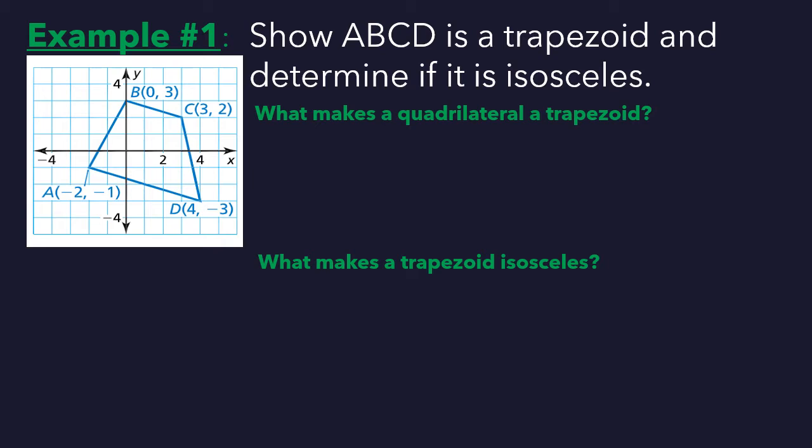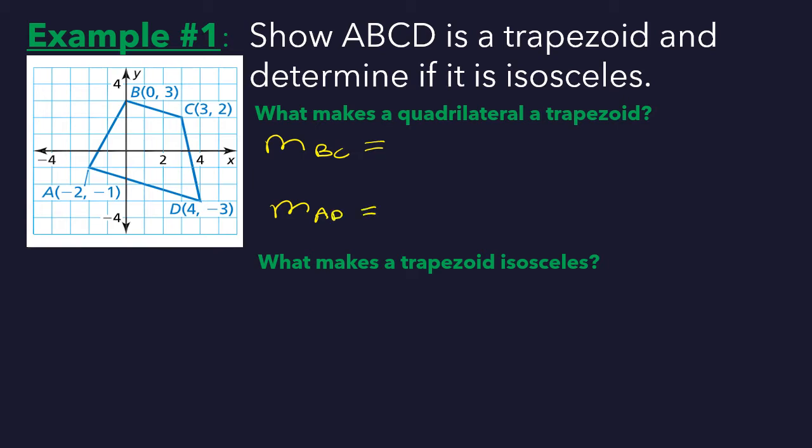All right, show quadrilateral ABCD is a trapezoid and determine if it is isosceles. So we kind of have two key questions here. What makes a quadrilateral a trapezoid? Well, we have to have one pair of parallel sides. So looking at this trapezoid, it's pretty obvious to me that BA and CD are not parallel. So I am going to come in and I'm going to find the slope of BC. And I'm going to find the slope of AD,